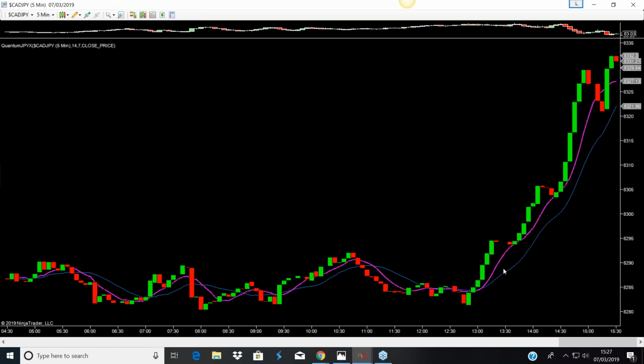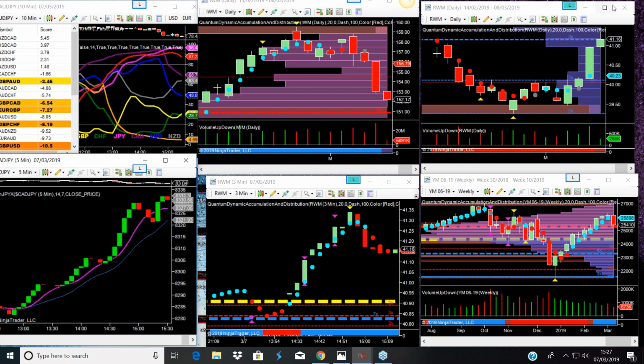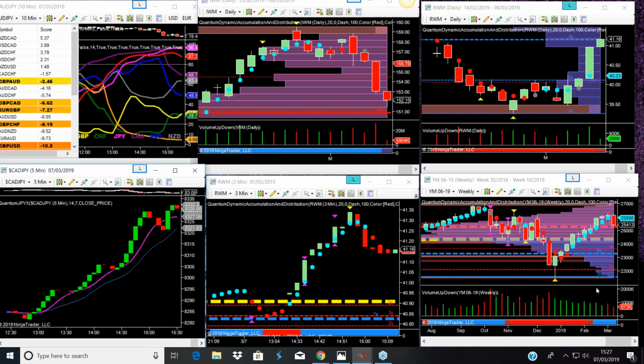Now, this is the 5-minute chart of the yen, and you can see here it's been in a very, very strong up move. Great for me personally, because I'm actually short the pound yen, and so it's been nice to take some money there. And I'm also short the euro dollar, and today's moves in the euro dollar have been great for me. I've been in the euro dollar for a few days anyway, and I decided to stay in over this item of news because David and I looked at the charts, and it was looking more bearish than bullish, and we didn't think Draghi was going to say anything to change what we were seeing on the charts.